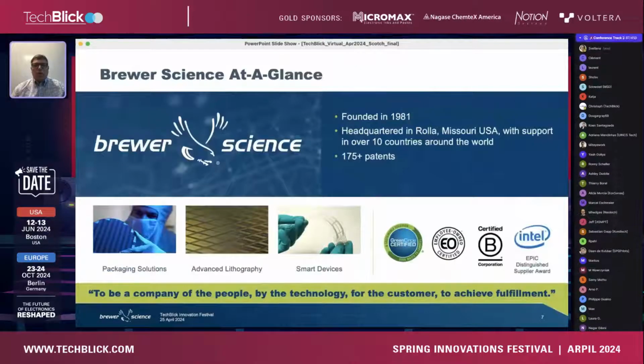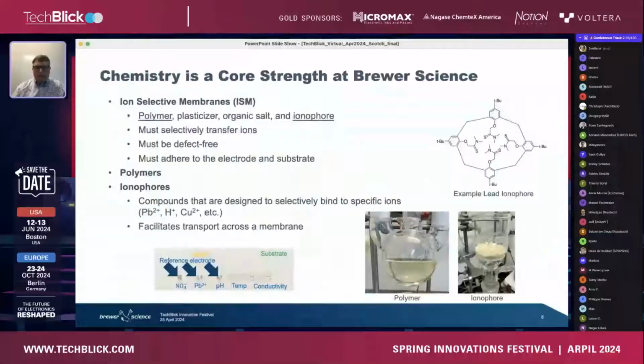Those of you who know Brewer Science might be a little confused, because Brewer Science has been around for over 40 years, and our basic business is really around advanced lithography, materials for advanced lithography for the semiconductor industry. But that's actually why we think that Brewer Science is well positioned for helping in water sensing. And this is the primary